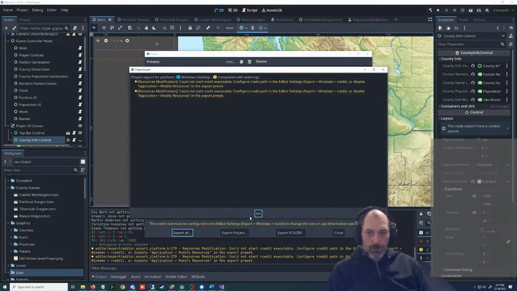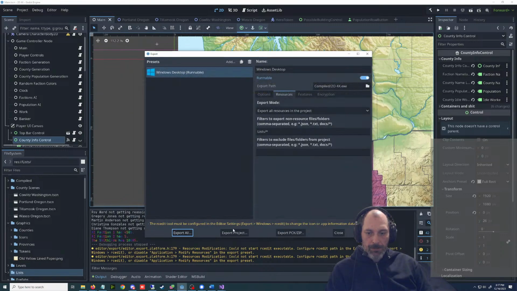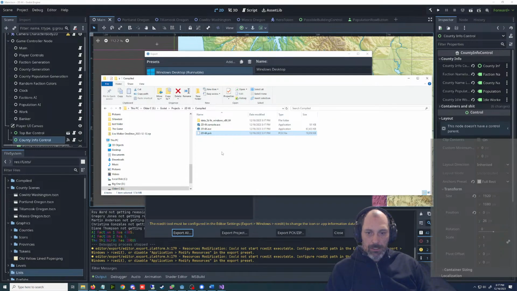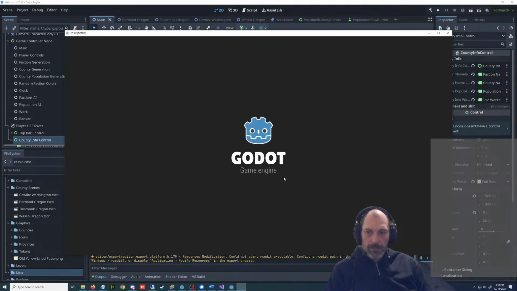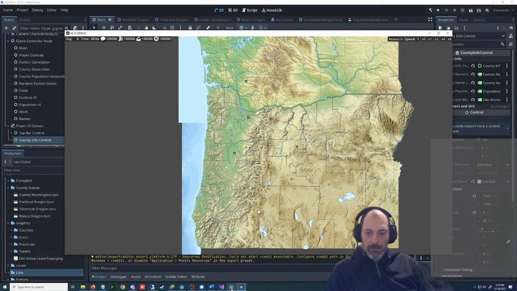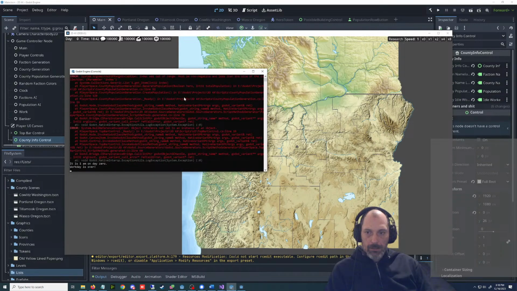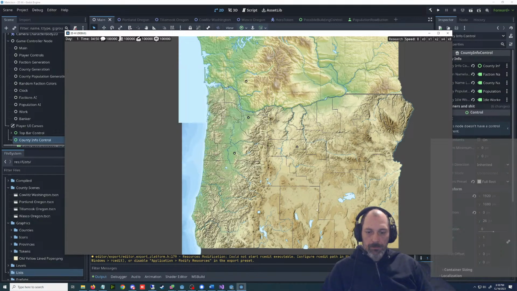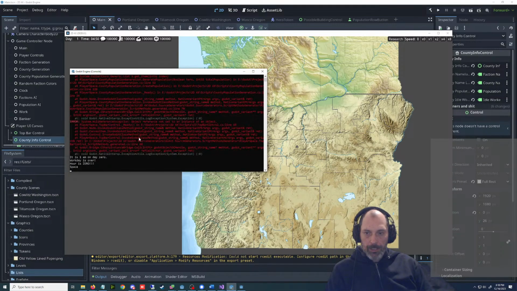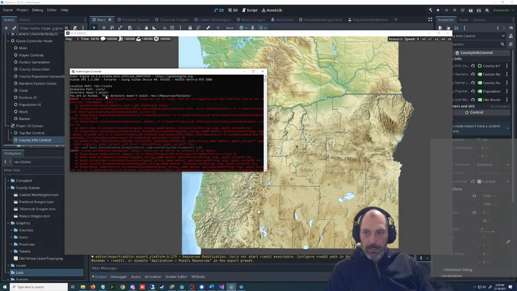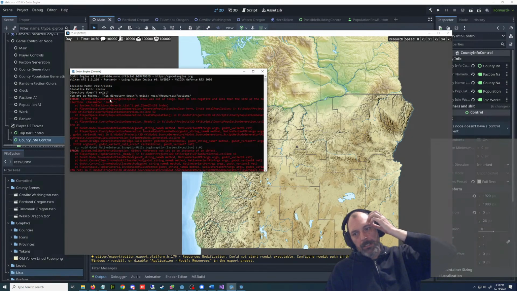Maybe I need to configure these tools. Application modify resources in the export presets. Maybe that is what I've got to mess with. I am gonna call it, what is it? 317? It is 317. Wait, I think we got a different error, which is what we want. Come here. Oh, it got past part of it.